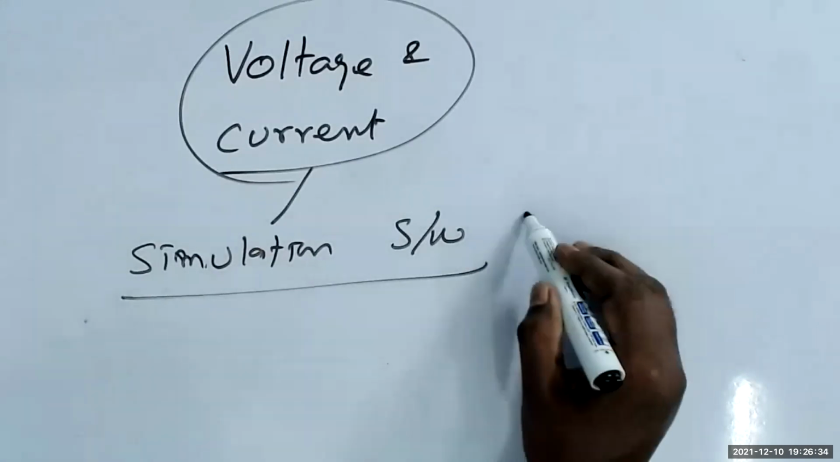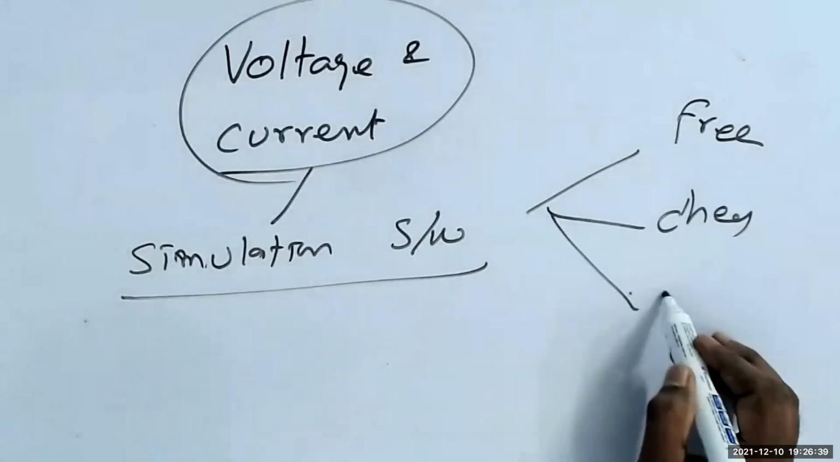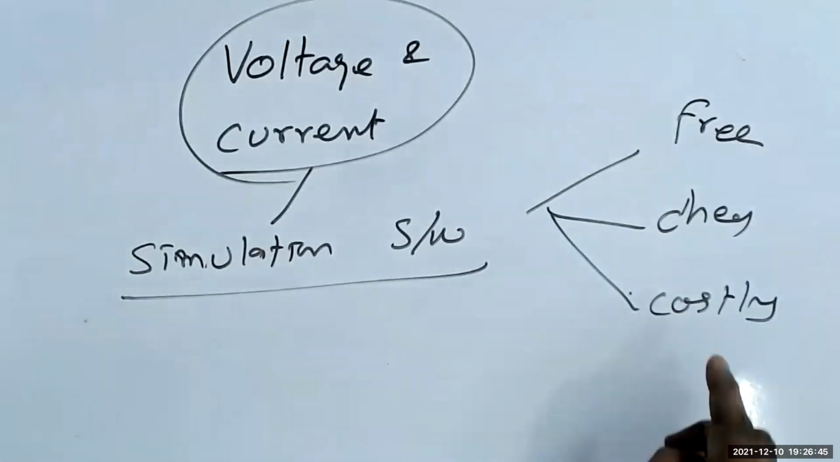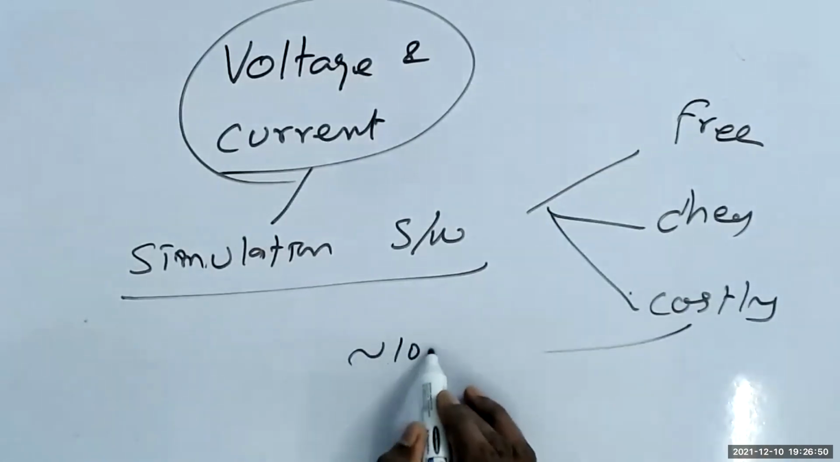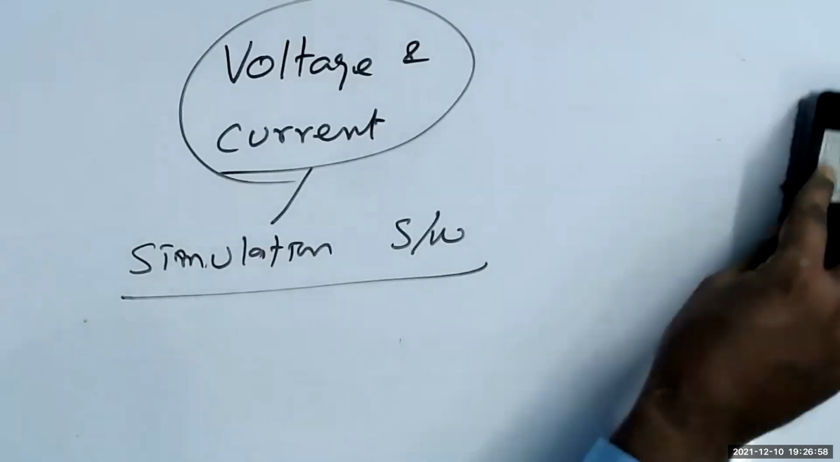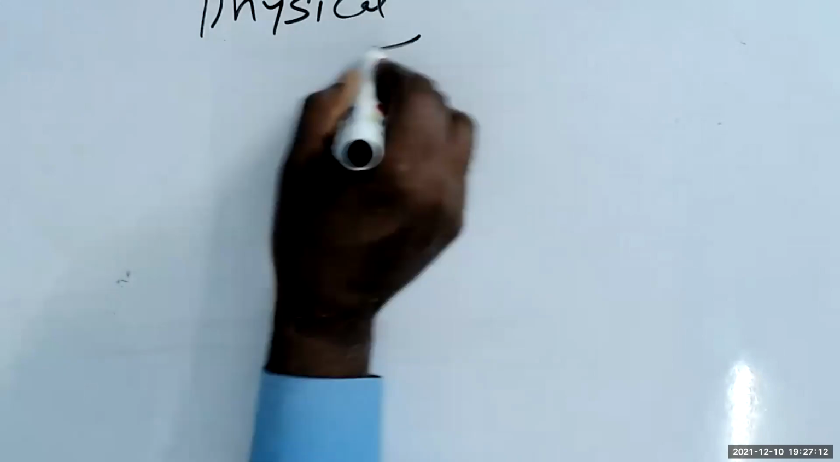Are you going to use the free one, the cheap one, or the costly one? If you buy a costly one, it does everything. It's almost equivalent to 100% of hardware. That depends on which simulation software you're working with. But I always say that you are worrying too much about physical things, which we don't need to,